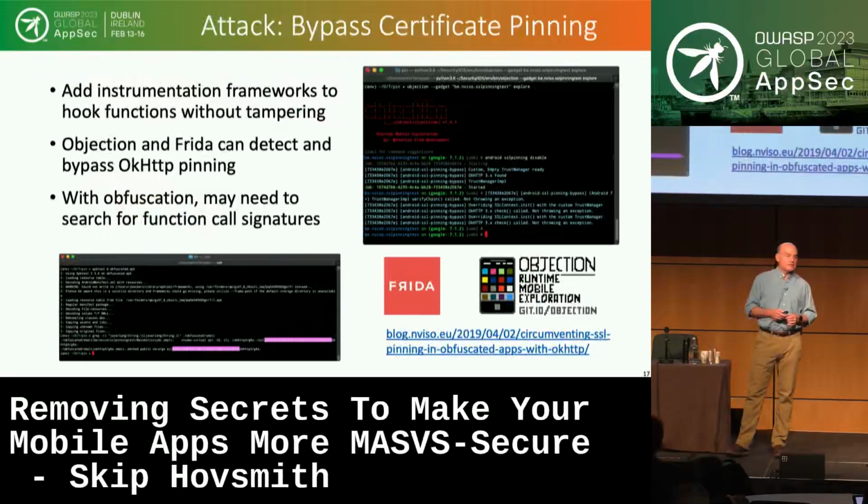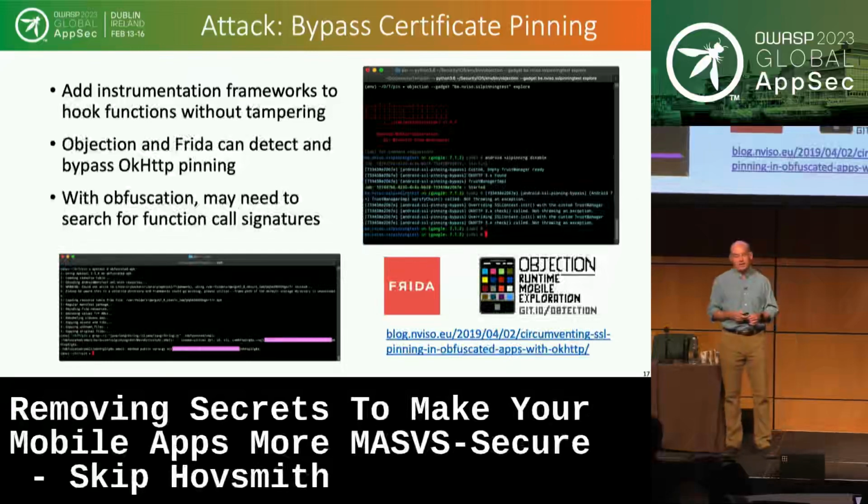So the attacker, of course, is going to try and bypass certificate pinning. How do they do that? Instrumentation frameworks were developed so that we can get really inside applications and observe what's going on. They're wonderful tools for hackers. They enable you to get in and hook functions, hopefully without being detected. You're not actually modifying the installed code, but you're hooking these functions and replacing them at runtime.